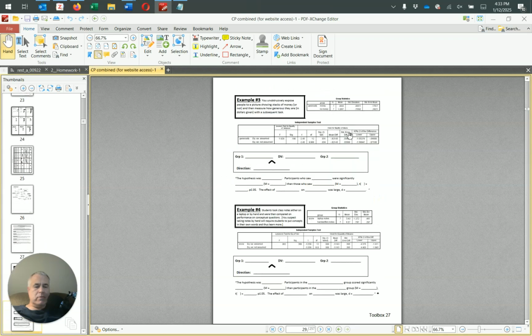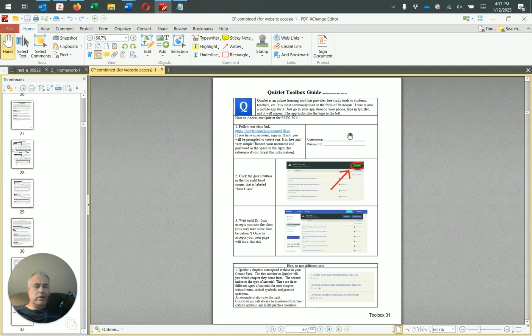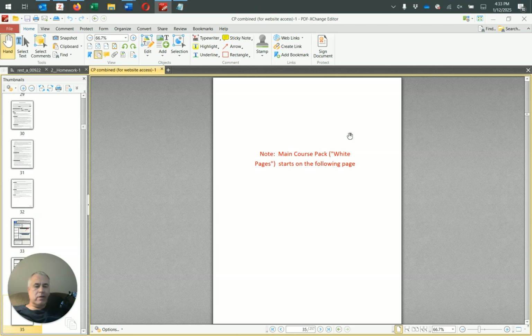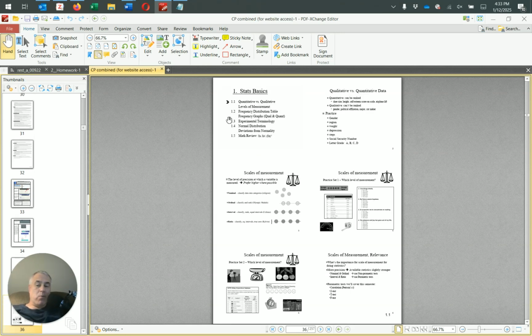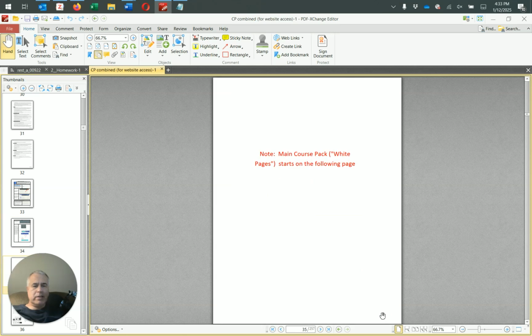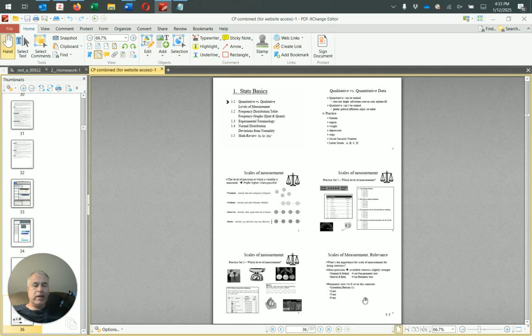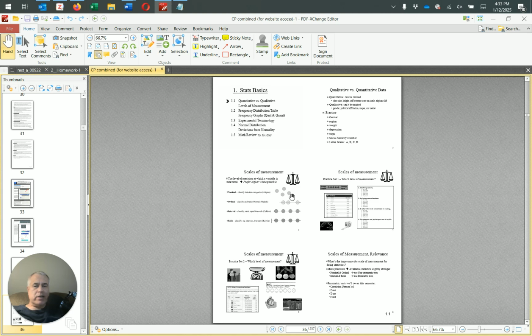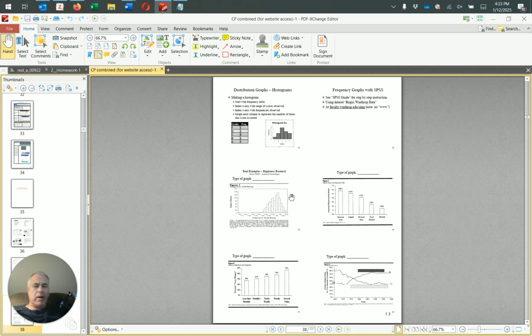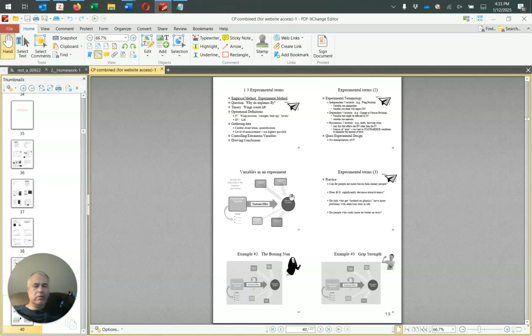And at some point, we get to where the actual course pack starts. So here's where the actual course pack is. These would be white pages in your physical course pack. But first thing, we're in here, chapter 1. Oh, I'm missing the lecture outline. Oh, I did that. Okay, so chapter 1, here's the first lecture, and these are the PowerPoint slides that you go through.